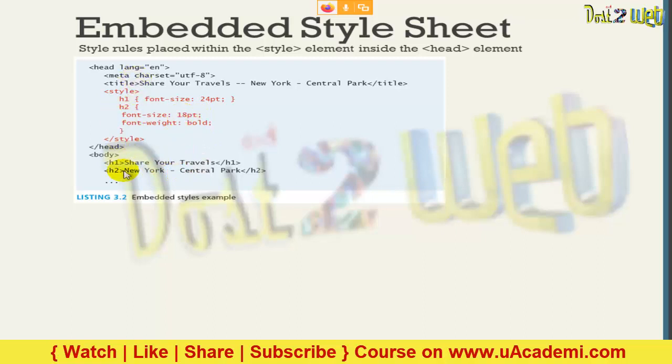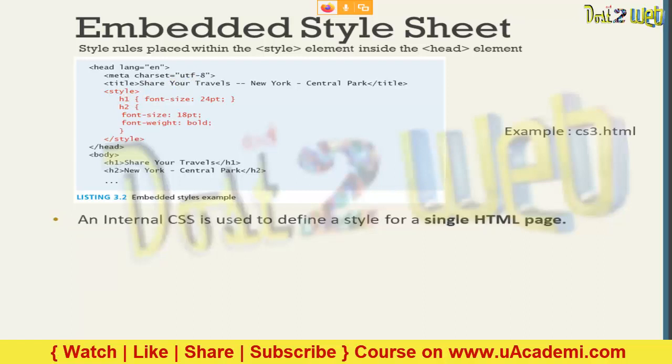You can use it this way also. So this is one way to embed a style sheet. This is another example. Internal CSS is used to define the style of a single HTML page. You can define it in a single HTML page only.